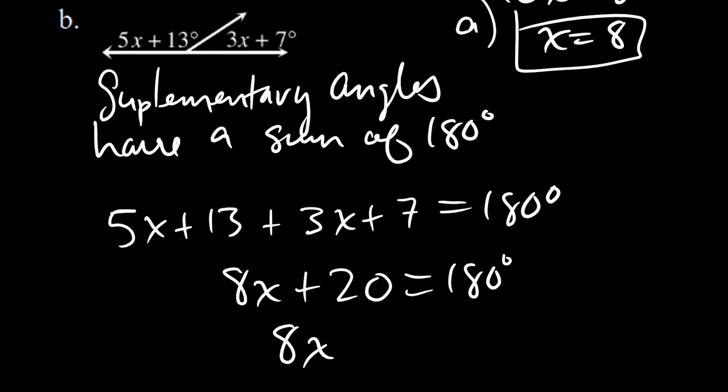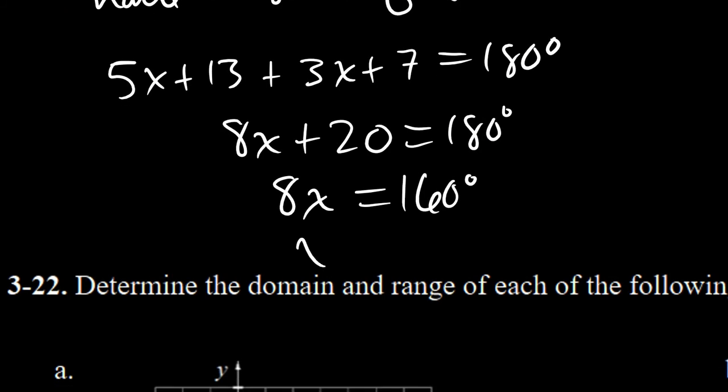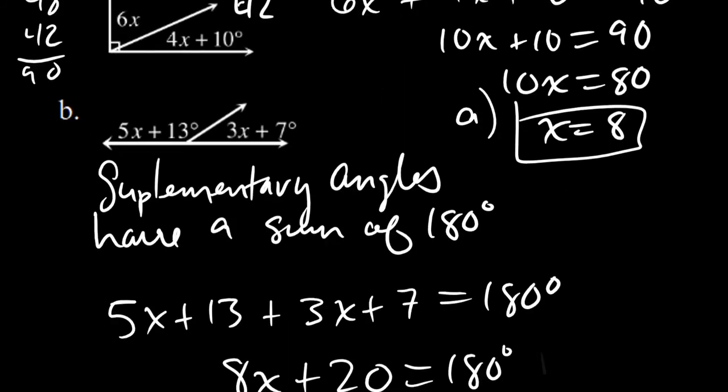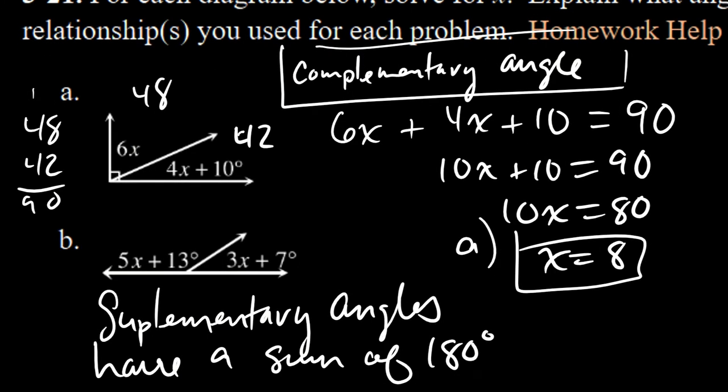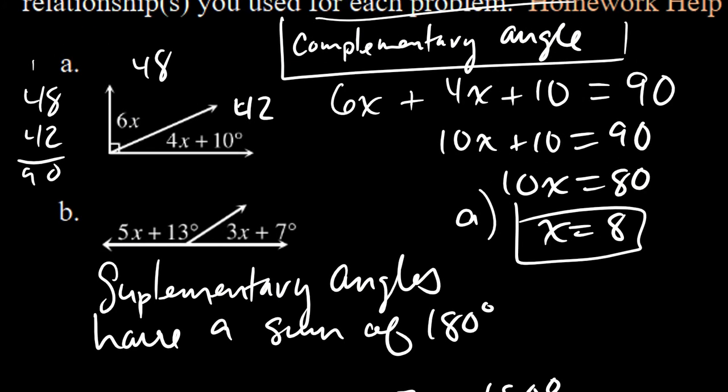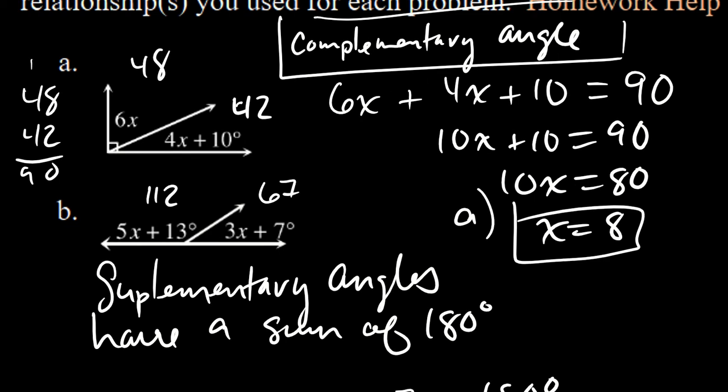Subtract 20 from both sides, so 8x is 160 degrees. And if I divide both sides by the magical number 8, I get exactly x is 20 degrees. So x is 20. And if I plug in 5 times 20 degrees plus 13 degrees, let's see, 5 times 20 plus 13 gives me 113, and 3 times 20 plus 7 is 67 degrees. And if I look at 112 plus 67, I'm